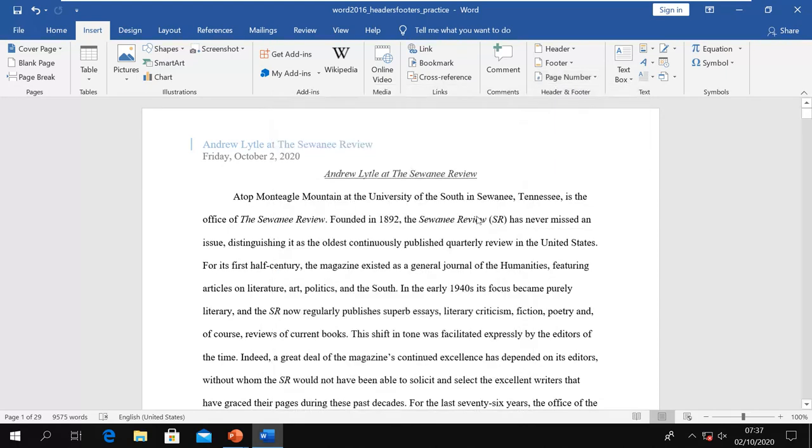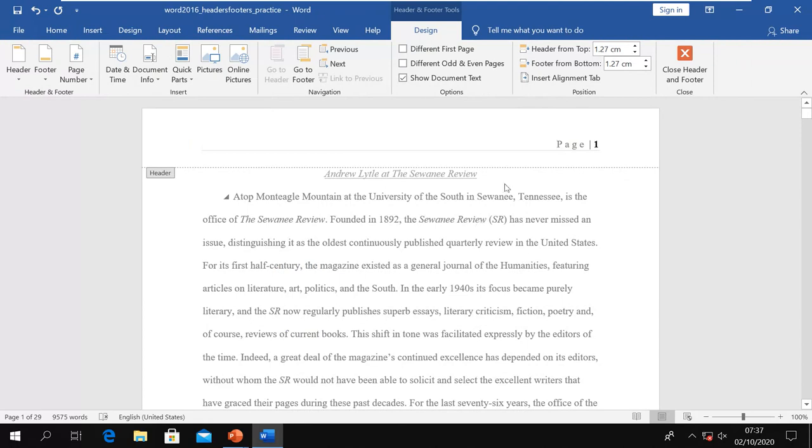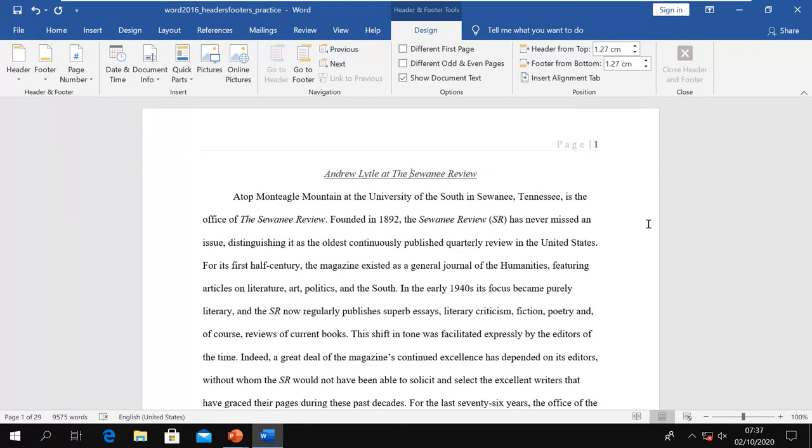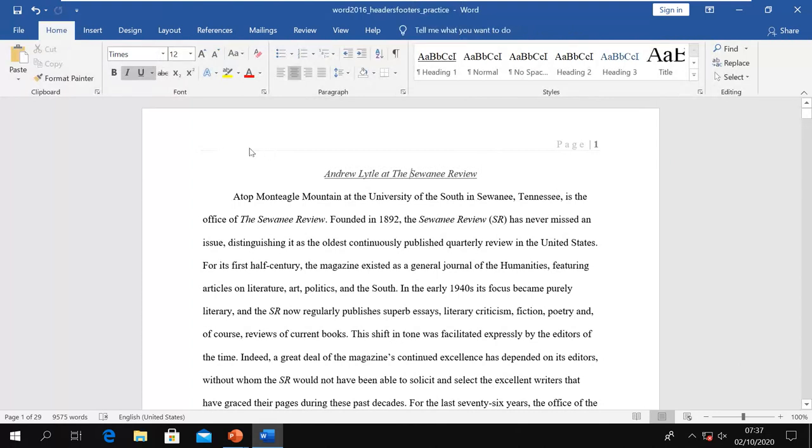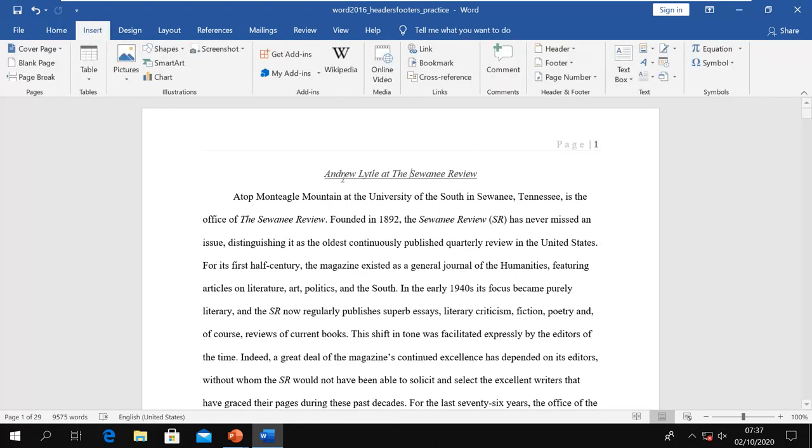So when I click here, now you see what happens. I close this. Now see, the header which I had previously has been removed. Now I have only this page number. So if you add the page number from this Insert tab, you're adding only the page number, you're not adding the header or footer.